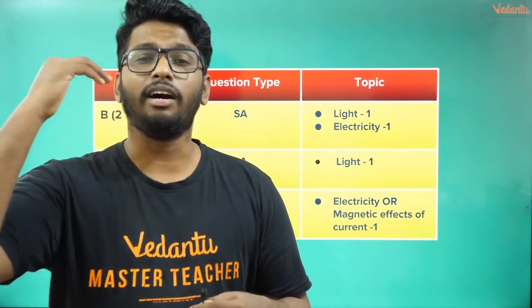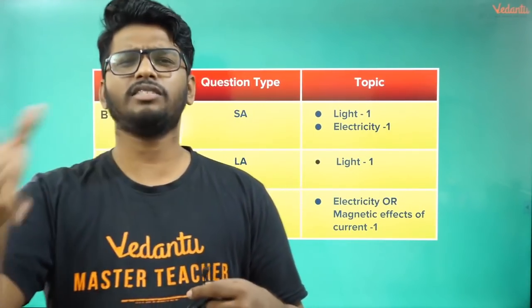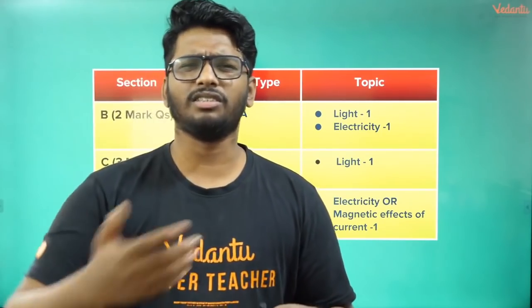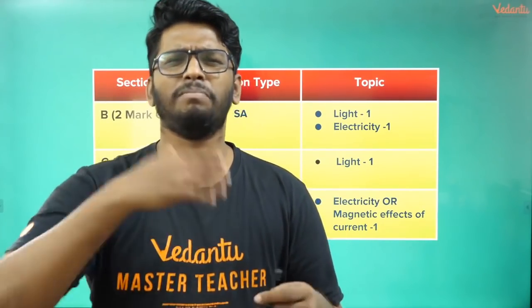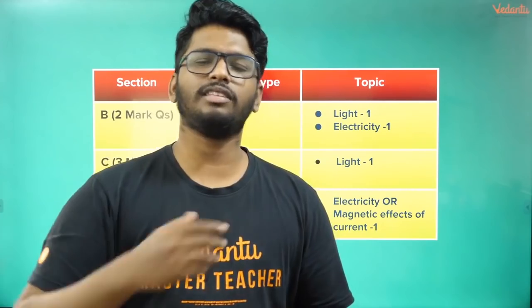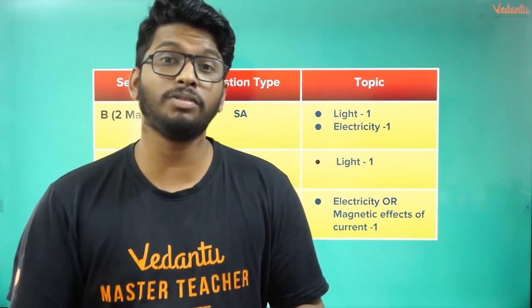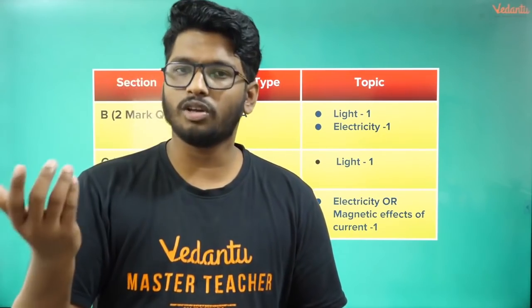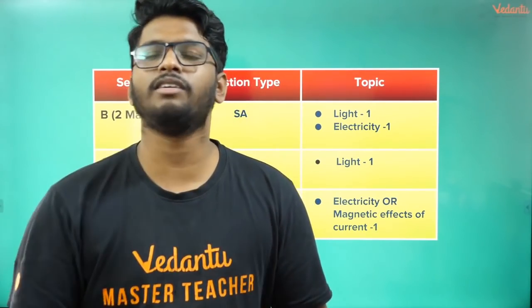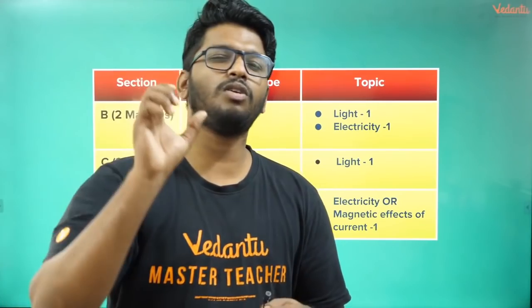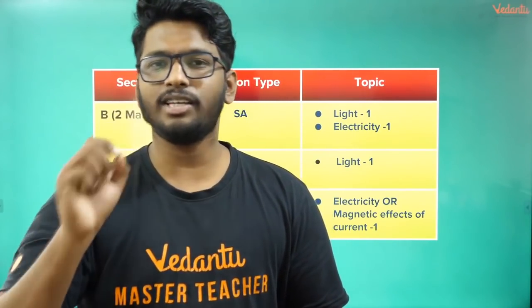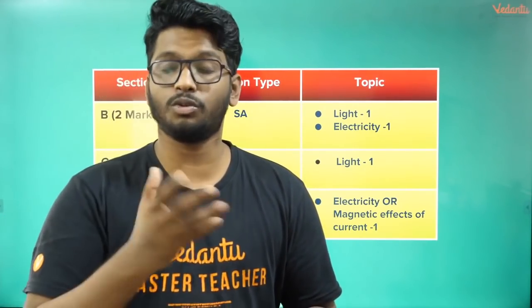Make sure that you focus on the definitions that are given, a few definitions of refraction and magnification and power of the lens. All of these small things would easily fetch you the 2-mark questions, and probably you might even be asked problems based on it as well. So focus on the problems as well. Learn about the sign conventions of mirrors and lenses. Focus on all these small things. That is what is going to get you those 2-mark questions.